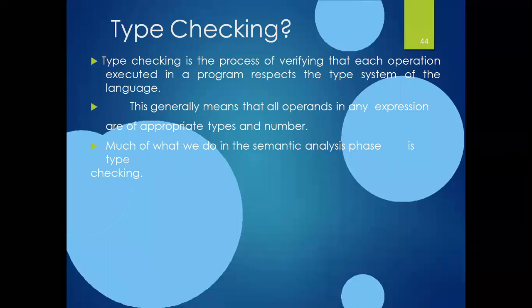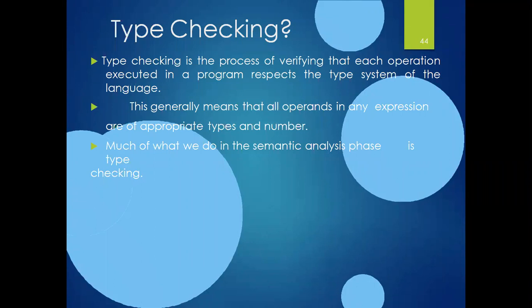Now entering into the concept: what is type checking? We can also take it as type analysis or type checking, and it is a very important activity to be done in the semantic analysis phase. Type checking plays a major role here. The need of type checking is, first, to detect the errors arising in the expressions due to incompatible operands. And second, to generate intermediate code for the expressions and the statements.